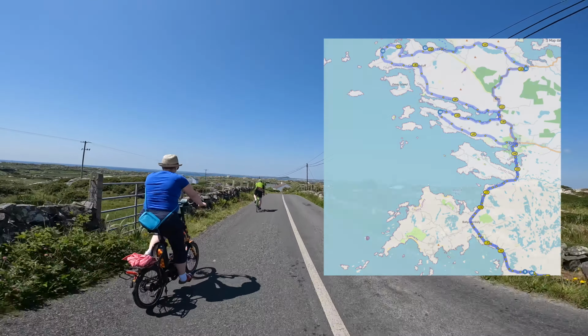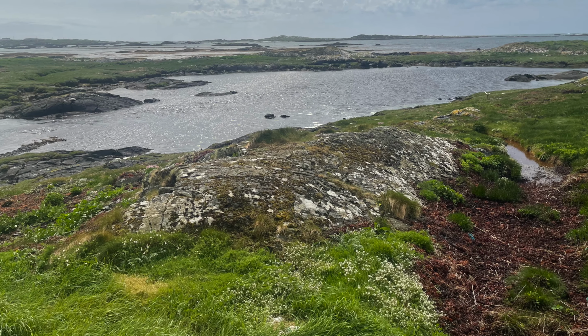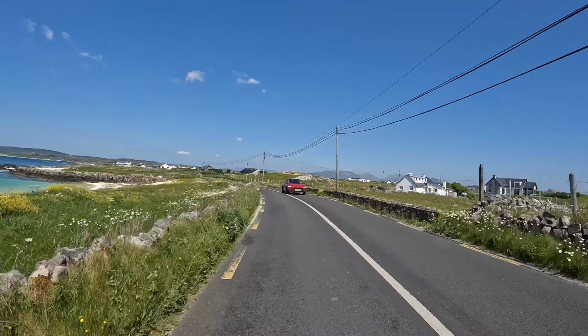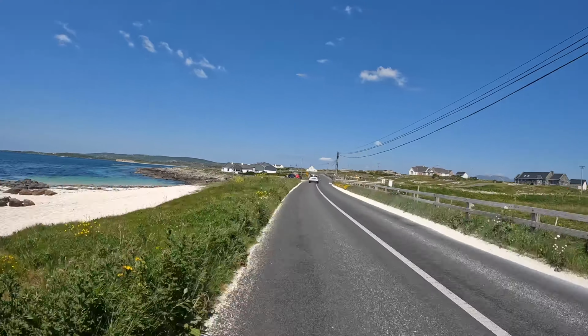then the Cleggan. Once you get to Ballyconneely, this route today will in fact be both the Wild Atlantic Way for the most part, but also Eurovelo 1. Here they're both quite similar. Because this is also the Wild Atlantic Way route, there is a fair bit of traffic, but it's nothing too